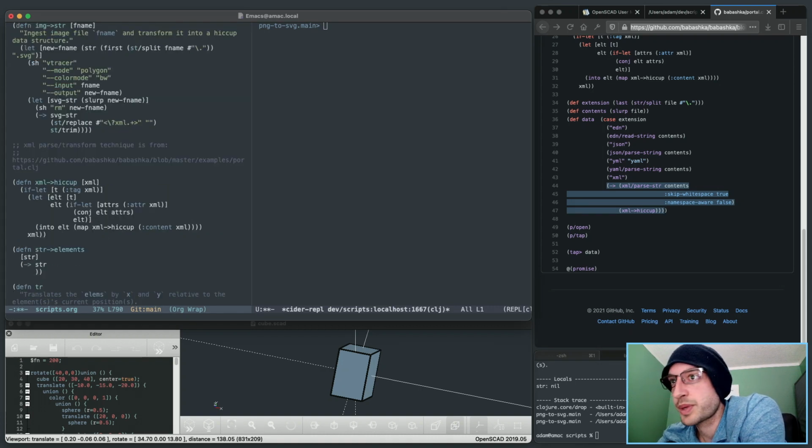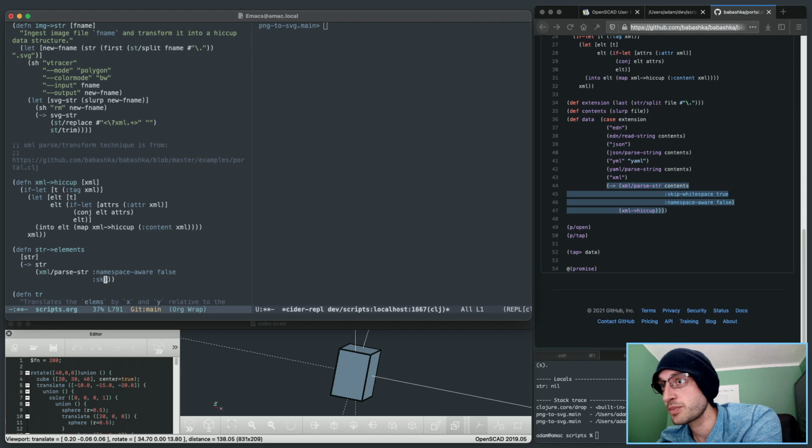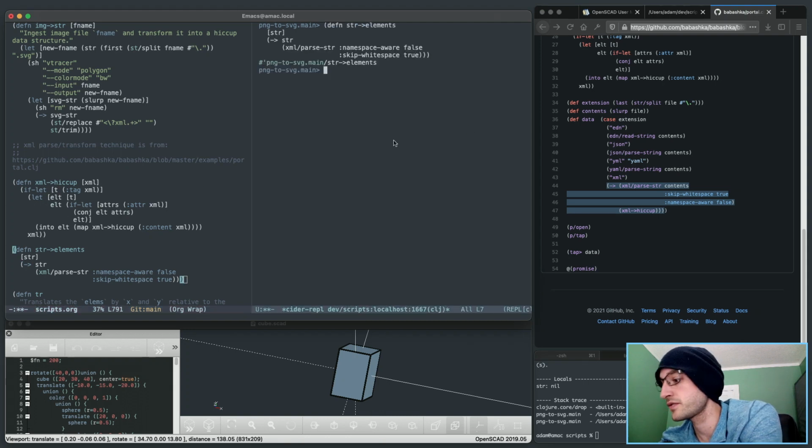We just pop into here XML slash parse string, namespace aware false, skip white space true. Let's give that a try. So if I do string to elements of A,